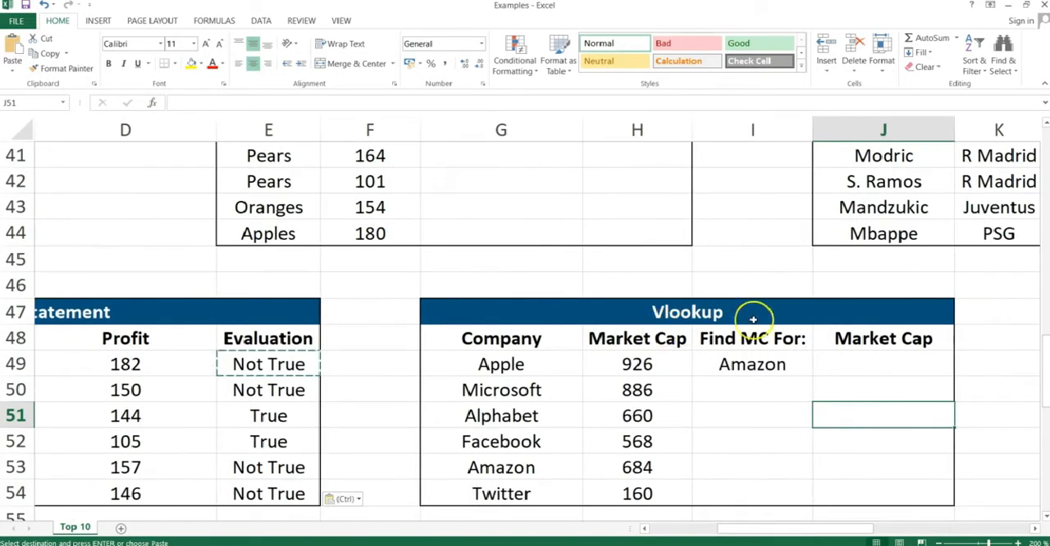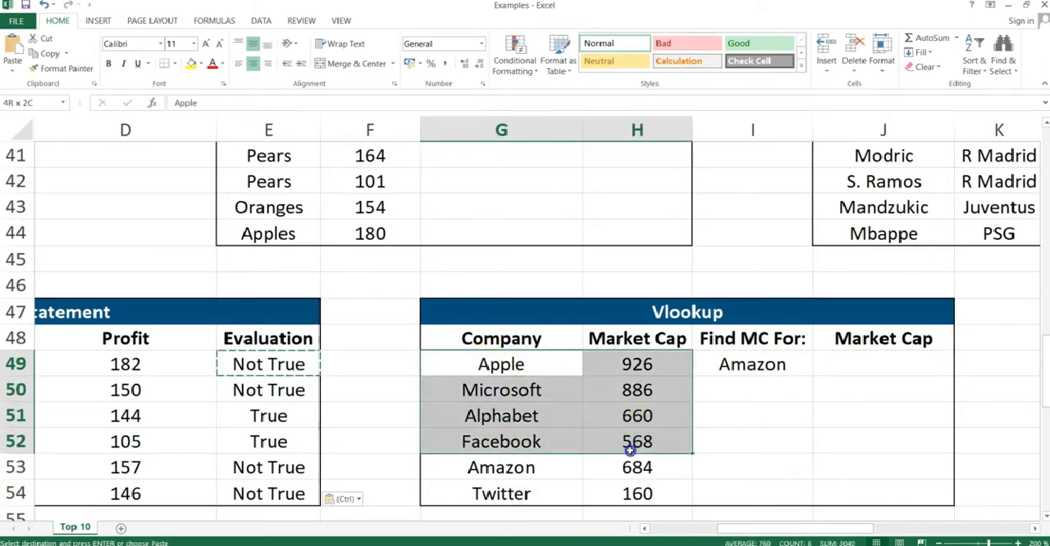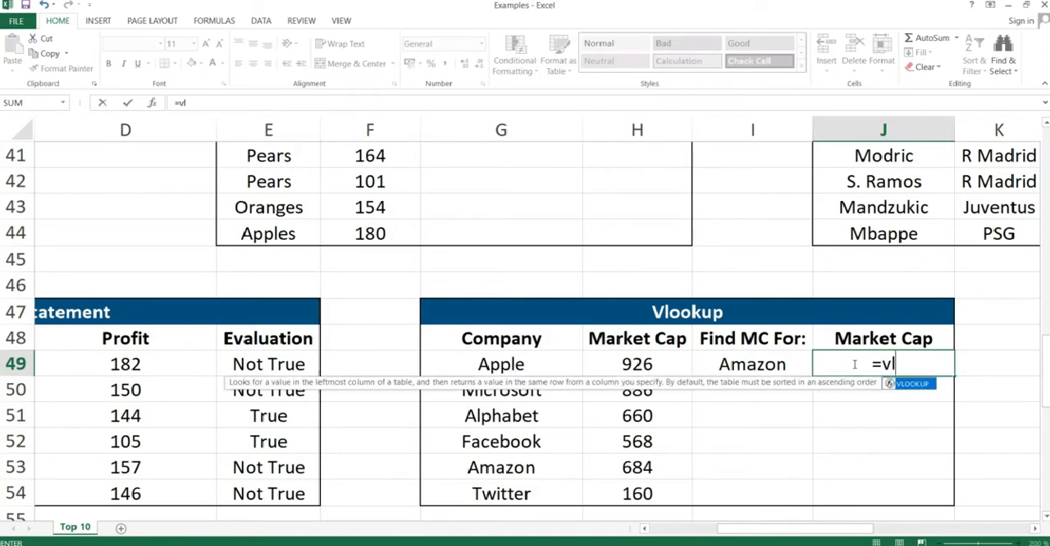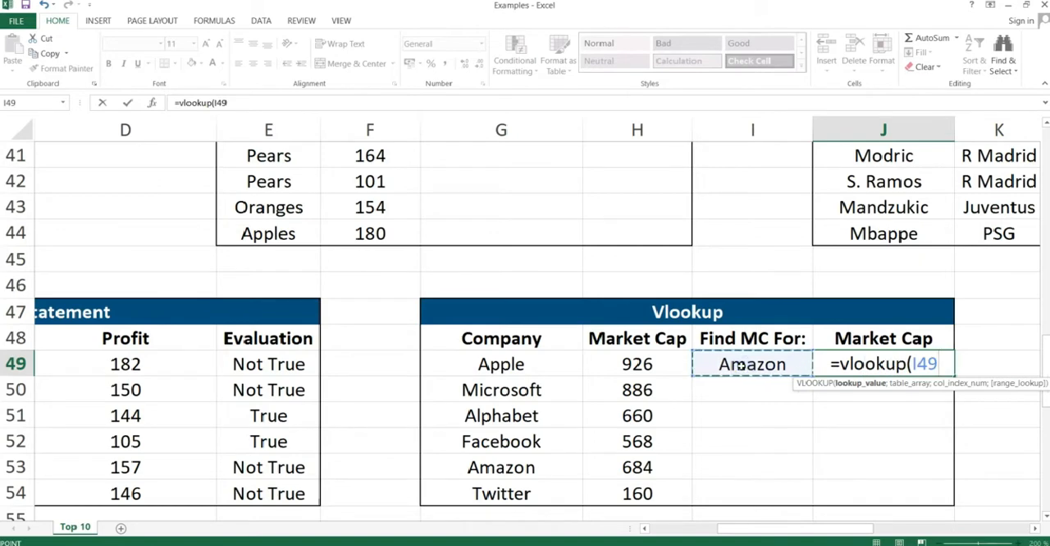So the market cap example here is about companies and their market capitalization, in let's say billions of US dollars. We need to find the market capitalization for Amazon, and in order to do that, we need to use Vlookup, and this is how it is used. As you can see, the lookup value should be put here first. So this is our lookup value, and then the range